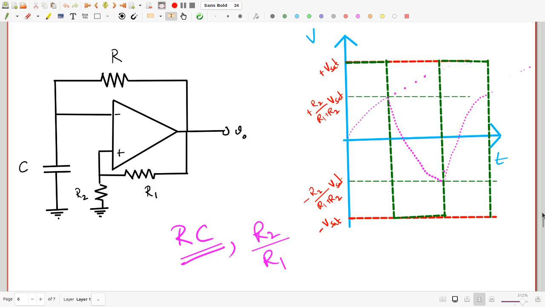The nonlinear circuits are very important, and we will see several more nonlinear circuits involving op-amps in the lectures and assignments to come. But none of these are actually amplifiers. None of these are circuits in which the output bears a linear relationship to the input. And that is, of course, quite troublesome. Don't we have linear circuits using op-amps? Actually, we do. In fact, most of the circuits that we are going to discuss are going to be linear circuits. But you have to realize that in order that the op-amp behaves linearly, the relationship that we have talked about,